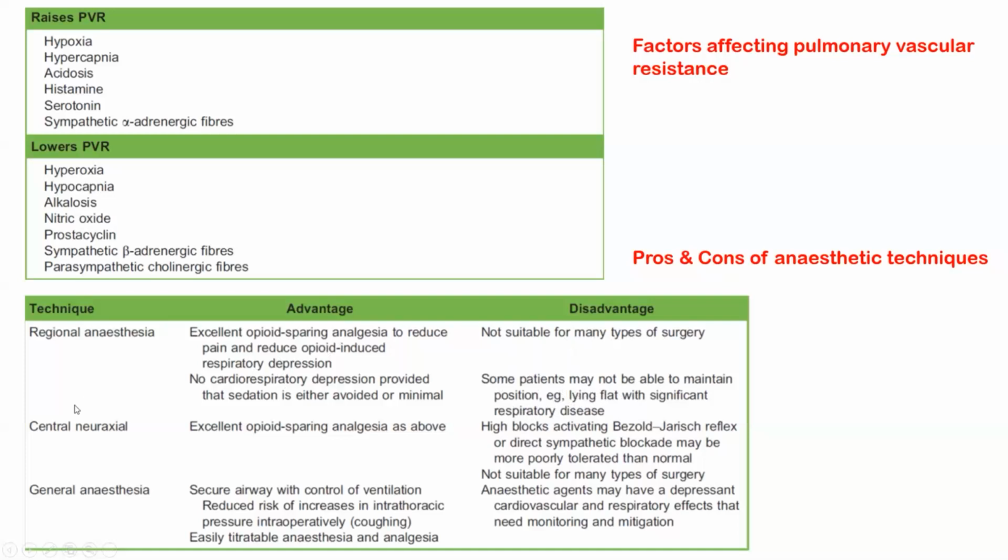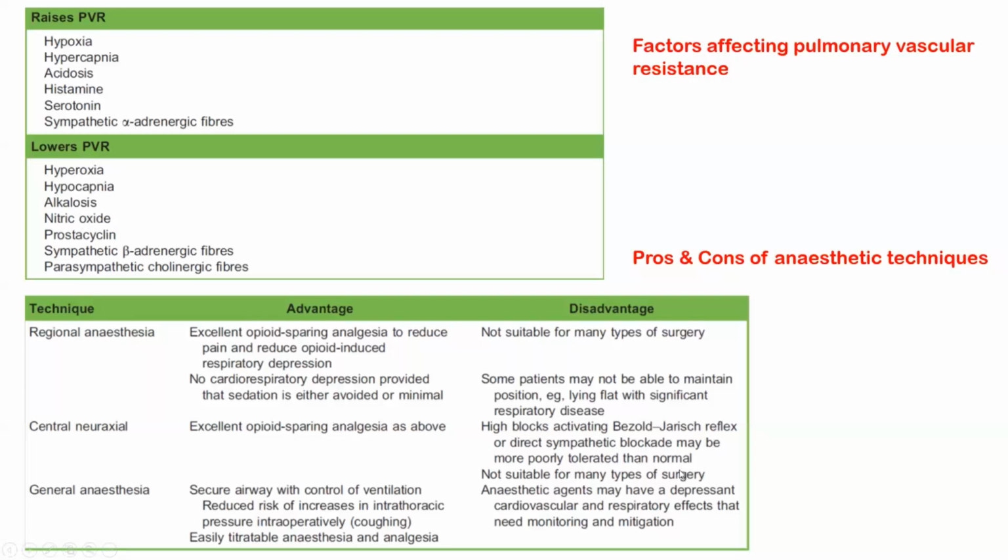Central neuraxial blockade, like spinal or epidural, is also quite opioid sparing, which is important to prevent aggravation of the pulmonary hypertension. But high blocks will cause a vasovagal reflex and a direct sympathetic blockade, and are not suitable for many